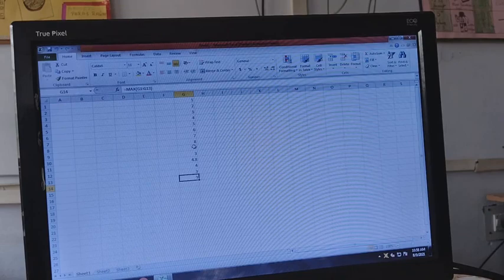Then we have the count function also. These are important functions which you often use in your Excel sheet.